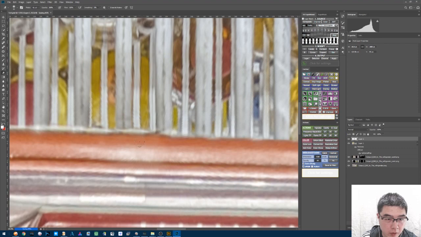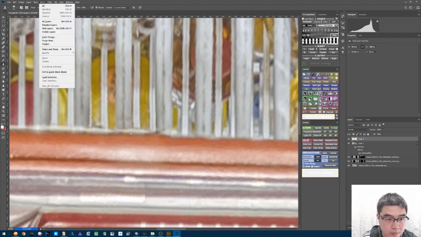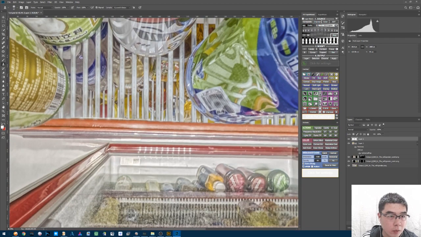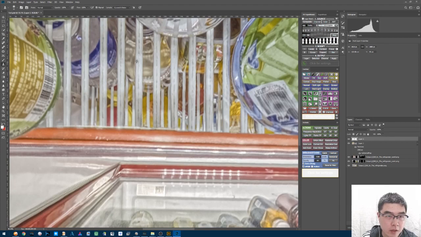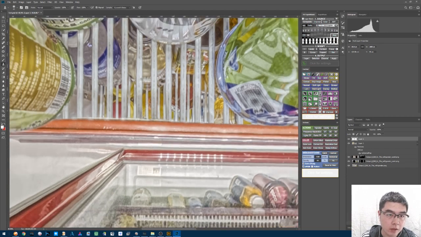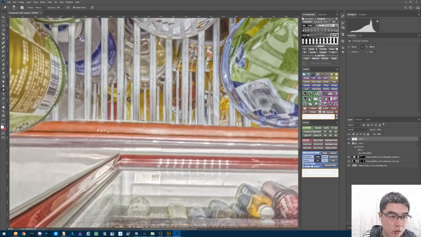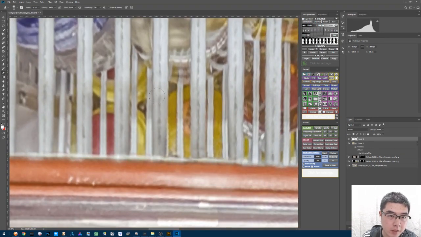We have almost gotten rid of all the stitching errors, but watch carefully: on the white lines, you can see the shadow of the camera, because this area looks a little bit more black than this area. So that is evidence of the camera's shadow. You can use the dodge and burn tools to get rid of the shadows. For the dodge tool, you can make it brighter,